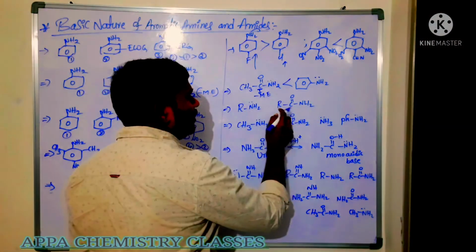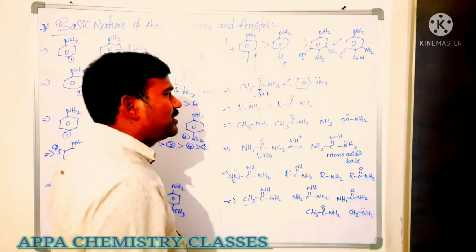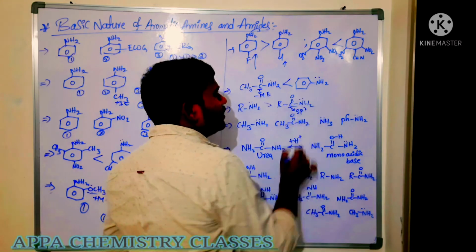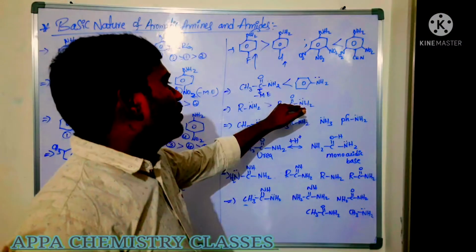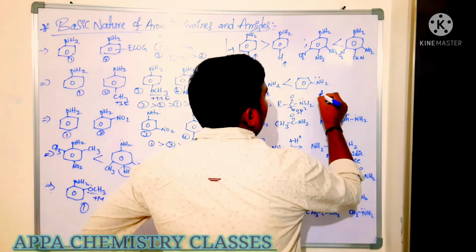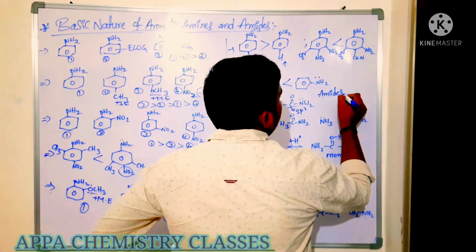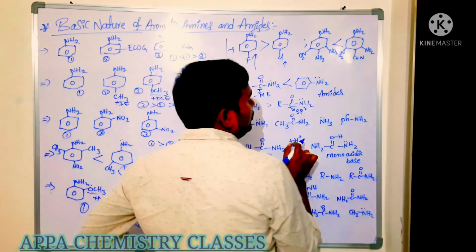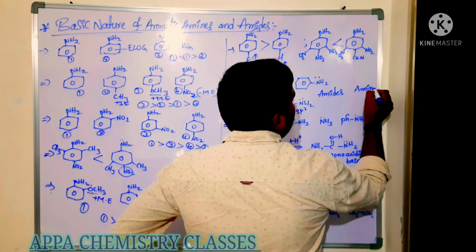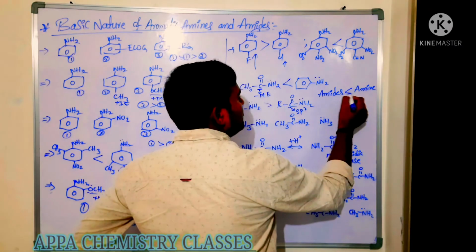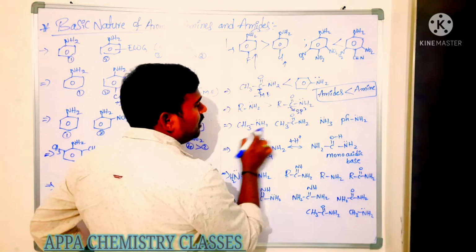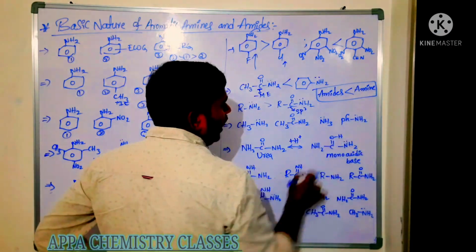Among these amine and amide, which is more basic one? Amine is more basic because the sp2 carbon in the amide can withdraw the electron from this nitrogen. So amides are less basic than the amines. You can take here amides are there and amines are there. These are amides. C double bond NH2 group is said to be amide. And if you are comparing the basicity of amide and amines, which is more basic? Amines are more basic than amides. Now you see here amine, amide, ammonia and aniline.